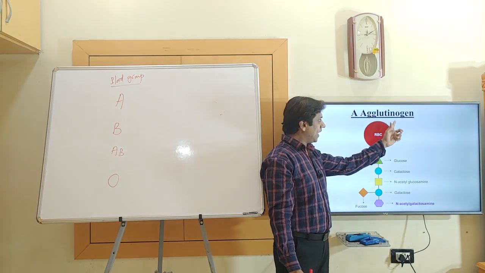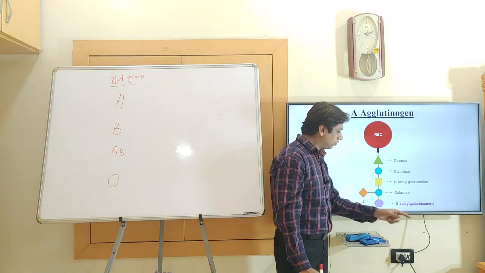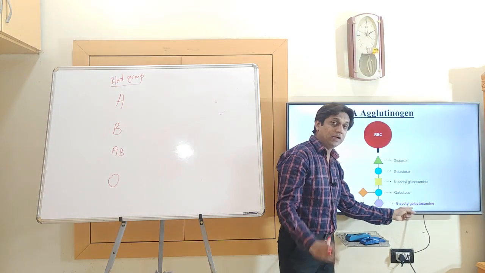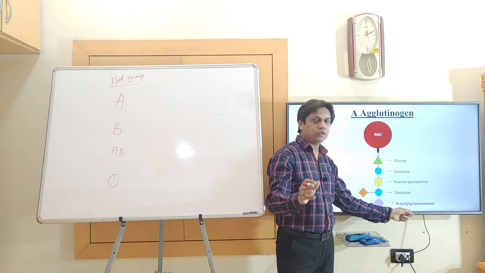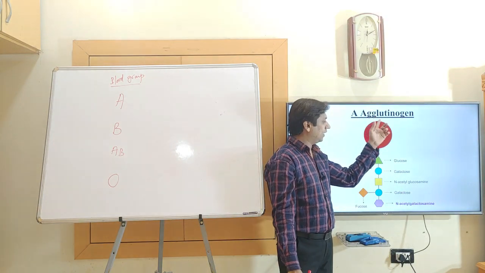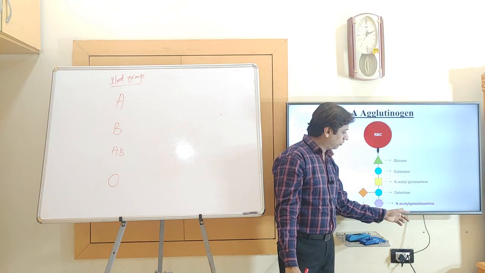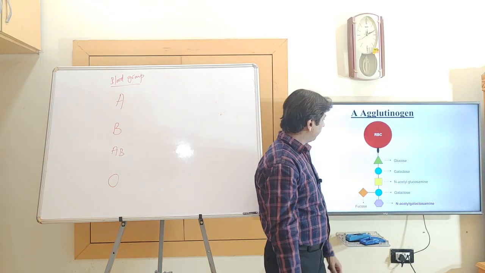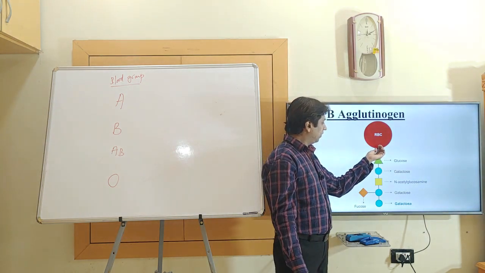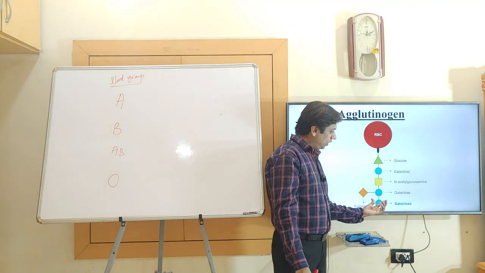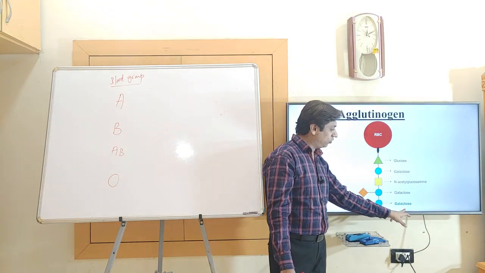Remember, the A agglutinogen or A antigen present on the surface of an RBC has N-acetyl galactosamine as its terminal sugar. It is an important PG entrance question, for the post-MBBS NEET examination they will ask this. Chemically, the terminal sugar of the A antigen is N-acetyl galactosamine. Similarly, the structure of the B agglutinogen or B antigen is similar. The only difference is that the terminal sugar is galactose instead of N-acetyl galactosamine.